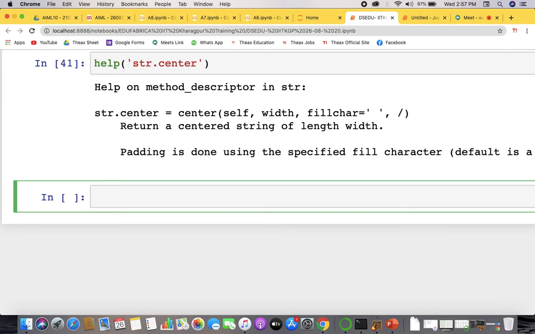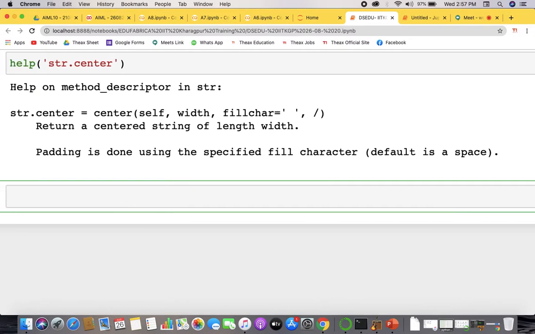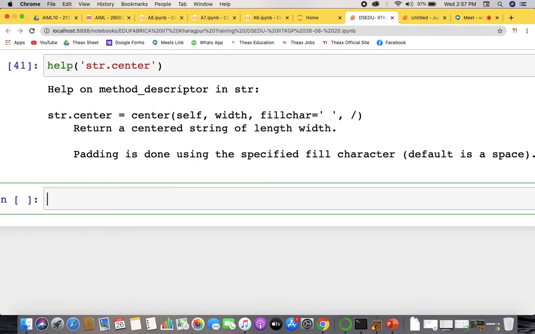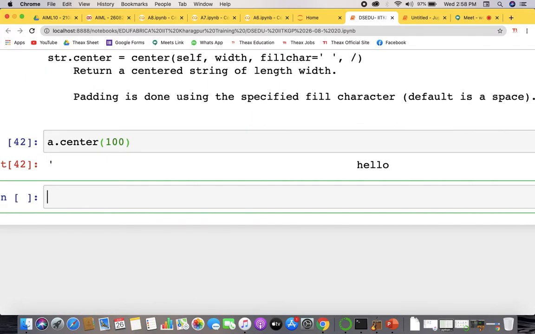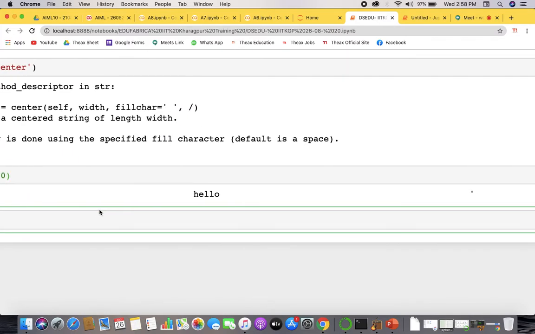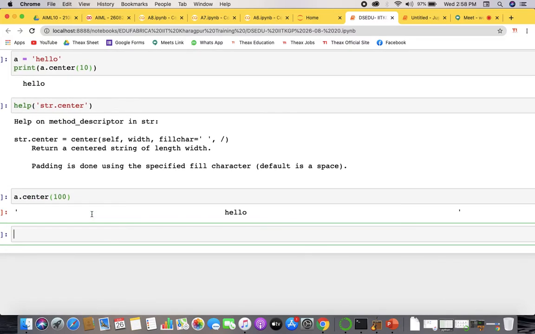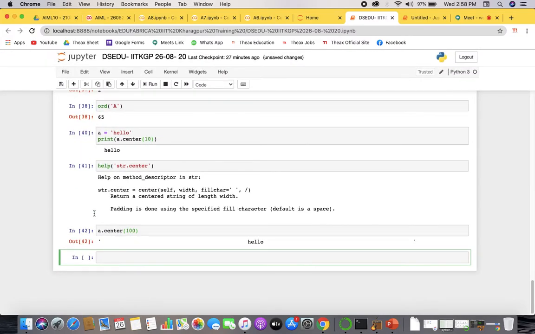You get the padding, and the default fill is a space, so 10 spaces are given there. Similarly, if you write a.center and give 100, you'll get 100 spaces on the right and left.